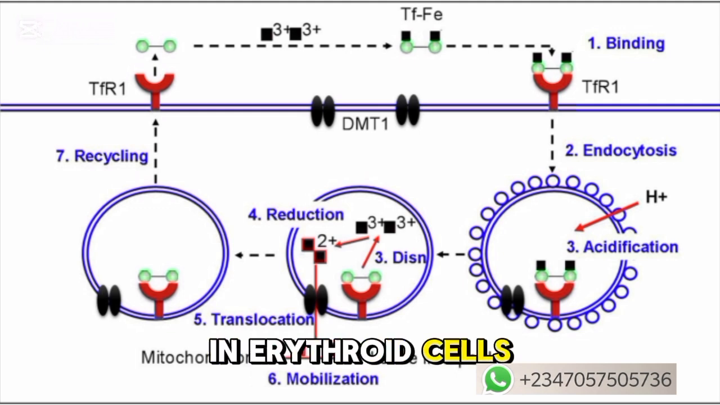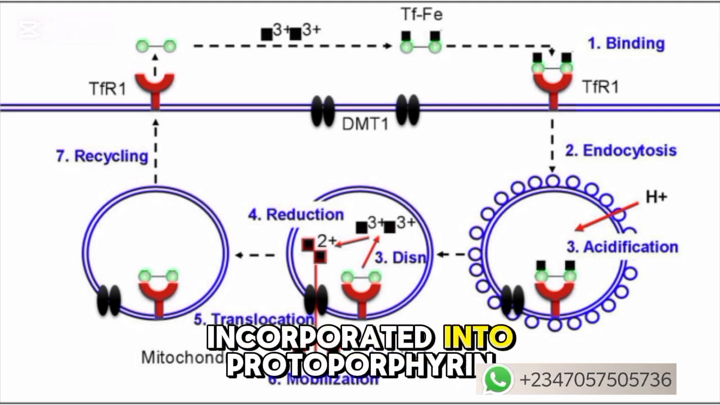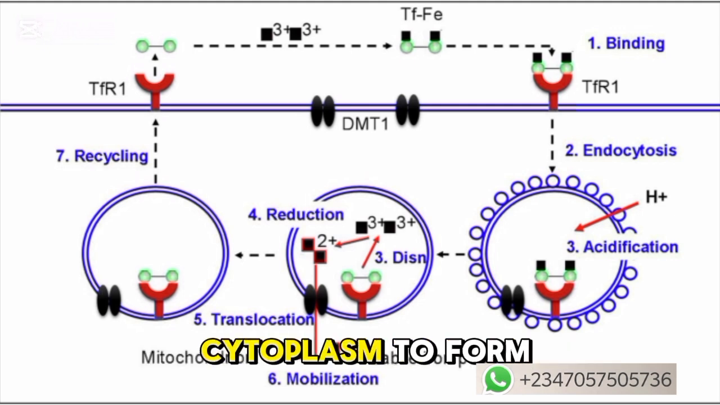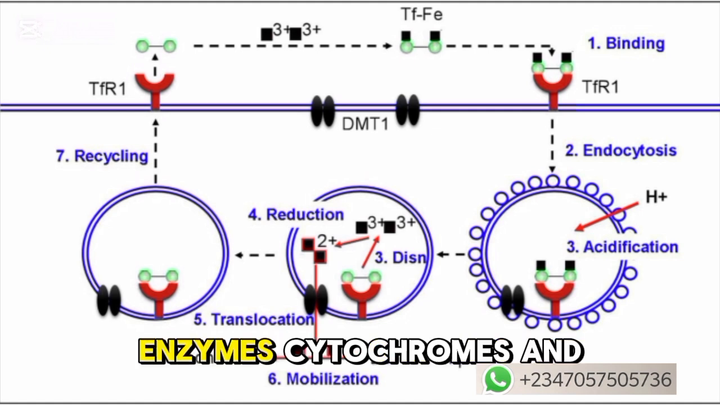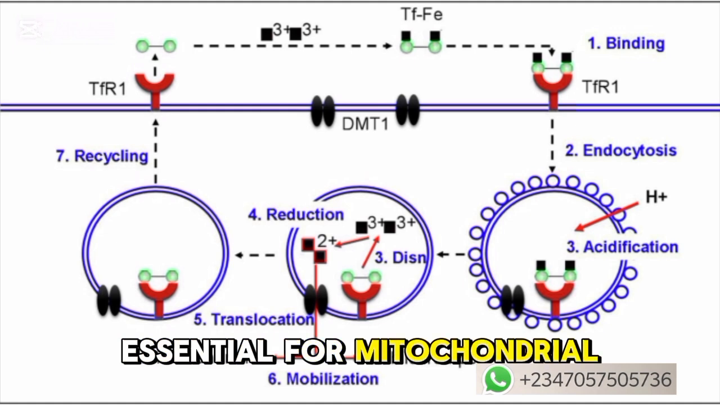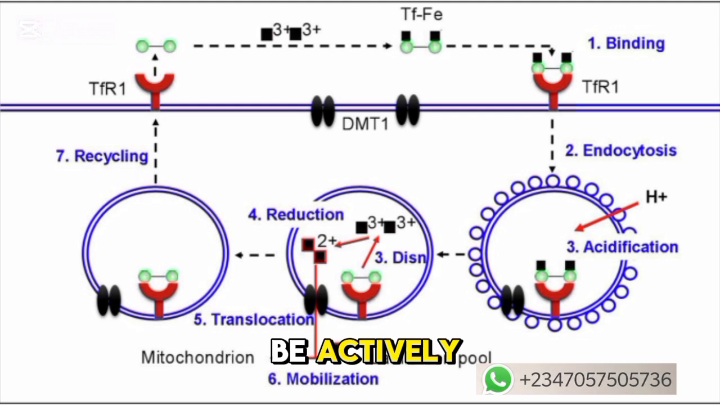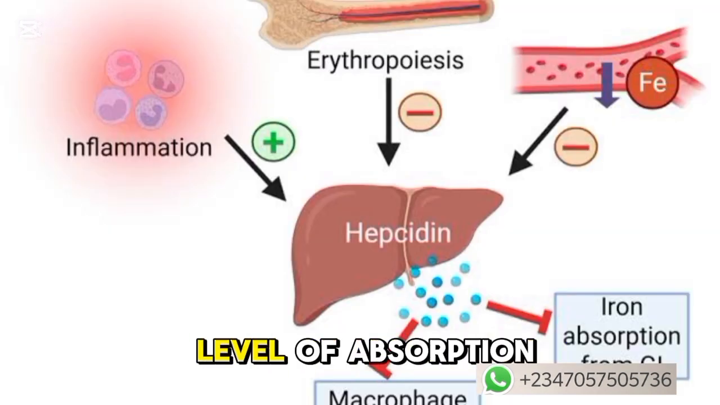In erythroid cells, iron is transported into mitochondria, where it is incorporated into protoporphyrin IX to form heme. Heme subsequently associates with globin chains synthesized in the cytoplasm to form hemoglobin. In other tissues, iron is used for the synthesis of iron-containing enzymes, cytochromes, and iron-sulfur proteins essential for mitochondrial respiration and metabolic pathways. Because iron cannot be actively excreted, systemic iron balance is regulated primarily at the level of absorption